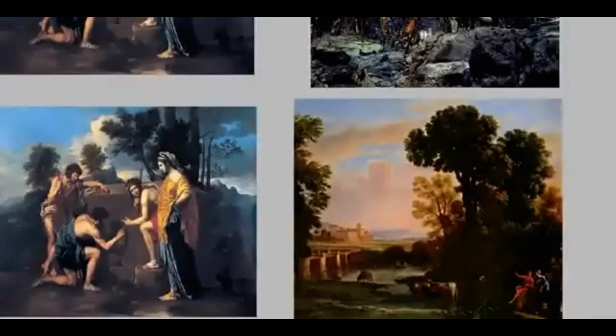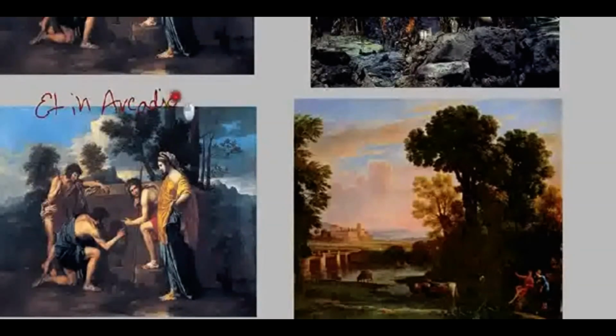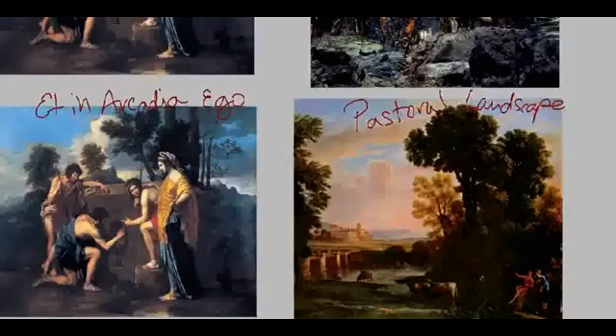Now, with Poussin's Et in Arcadia Ego in mind, and that's again what we see here on the left, Et in Arcadia Ego versus Claude's pastoral landscape. Now, I mentioned already that these two artists are contemporaries. They're both French. They're both working in Italy, and they both do pay a lot of attention to landscape in their paintings. But I think you would agree, if you just take a moment and look at these two, that there's some very different things going on in these paintings.